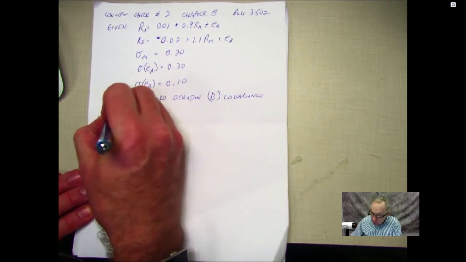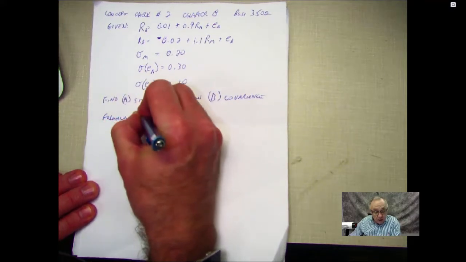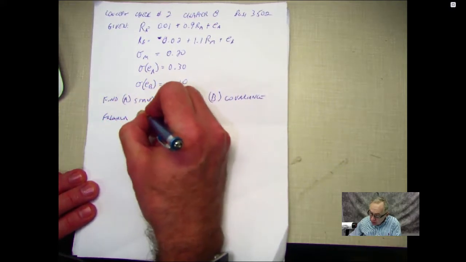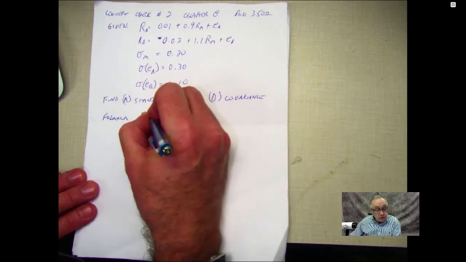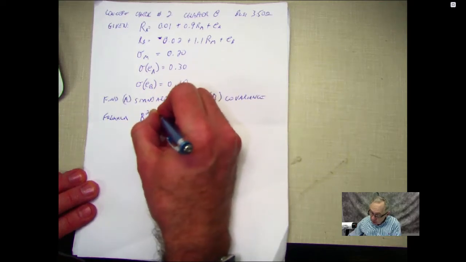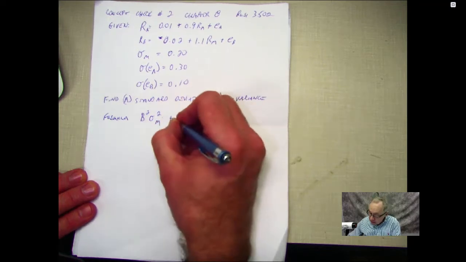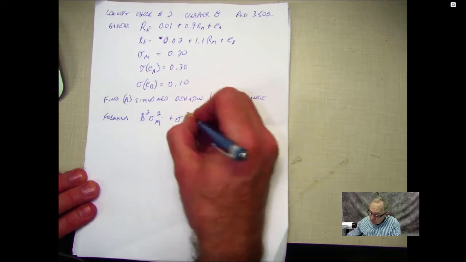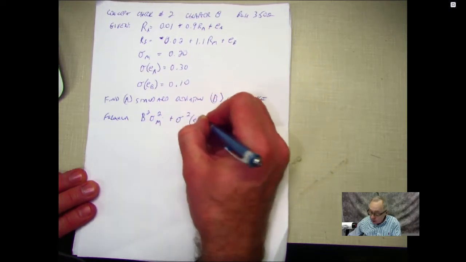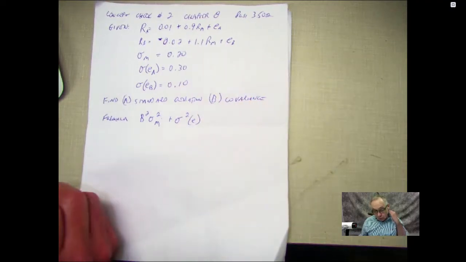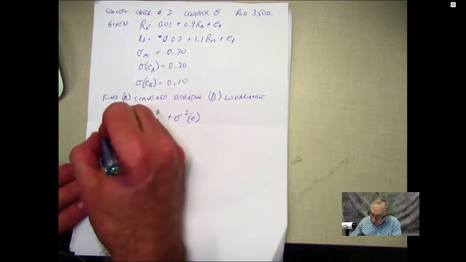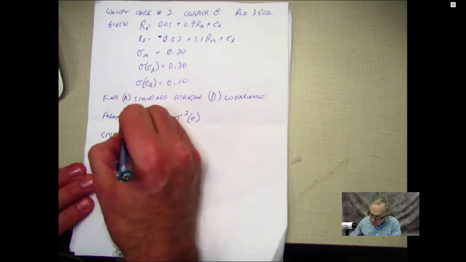Our formula that we're going to use first is beta squared times variance of the market plus variance of the company's error, or unsystematic risk. So then stock A becomes